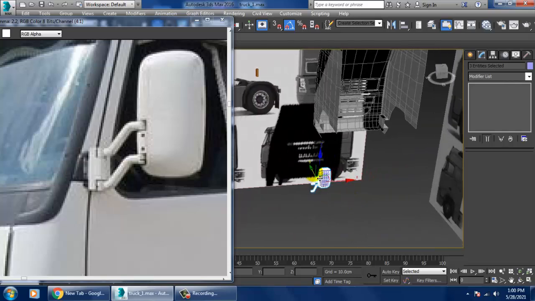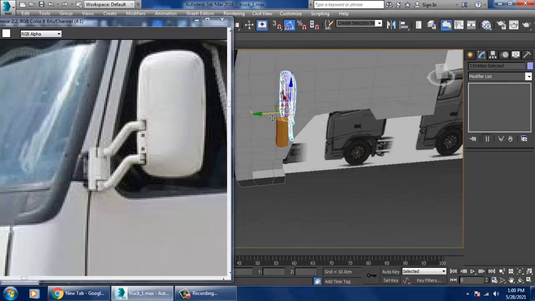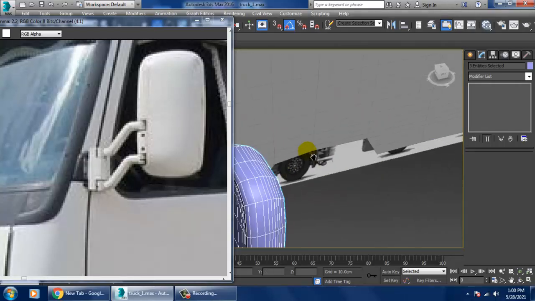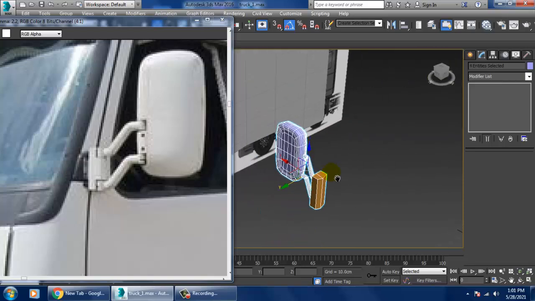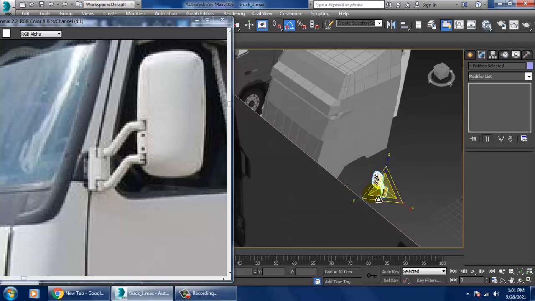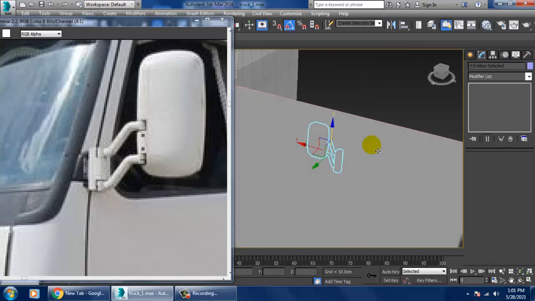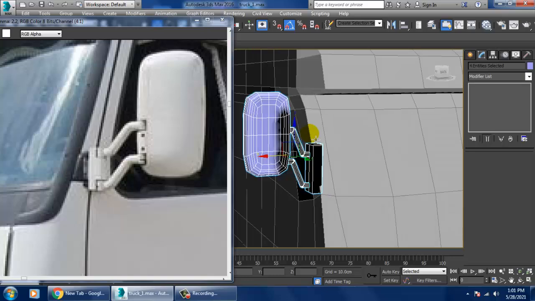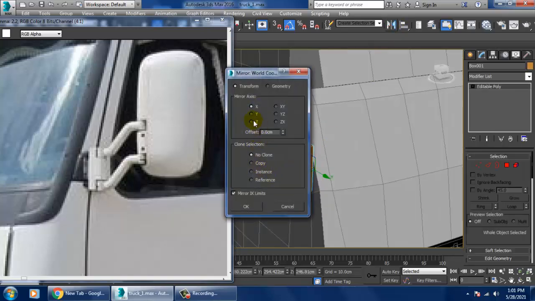Push it in this way slightly. Select this and scale a bit, and we can shuffle this over to the other side. You can select this and mirror it on the x-axis.